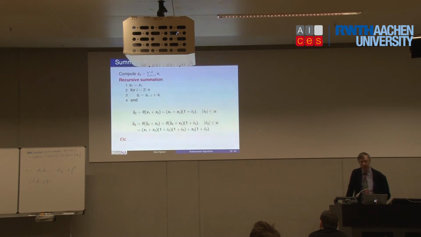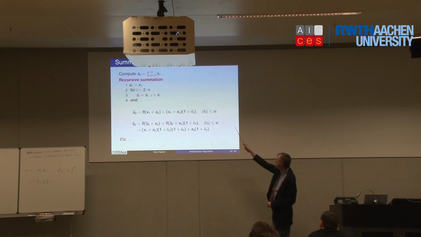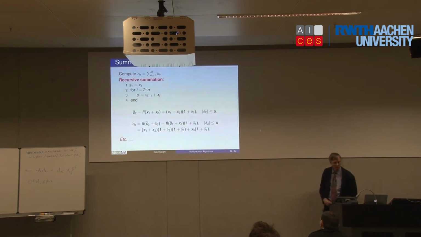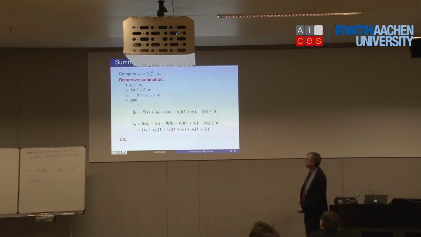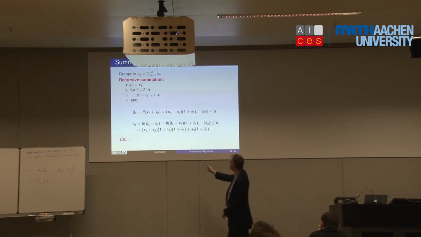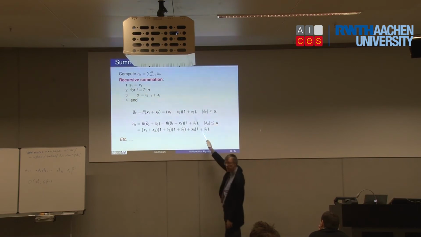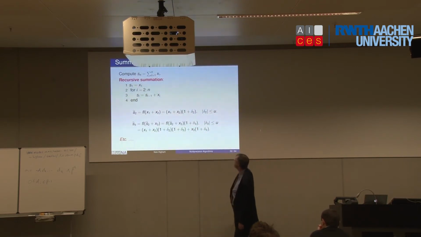Yeah, I wanted to give a little example actually, and summation is the topic. So the problem is to compute the sum of x1 to xn. The obvious way of doing it is with the loop I've shown you there, just summing from left to right. And the obvious analysis is to then just say, okay, let's just work through it. You know, S2 is x1 plus x2. The computed answer from our model is the true answer times 1 plus an error, delta 2, bounded by u.